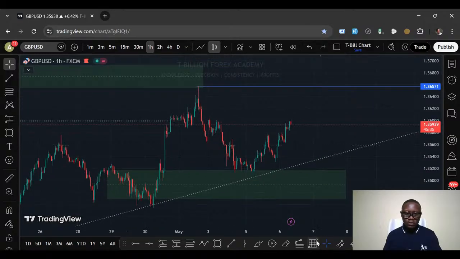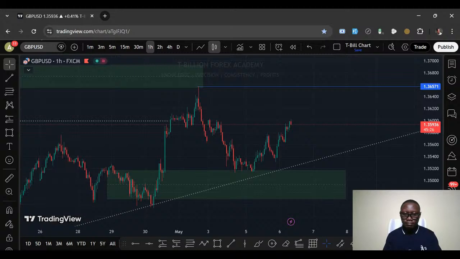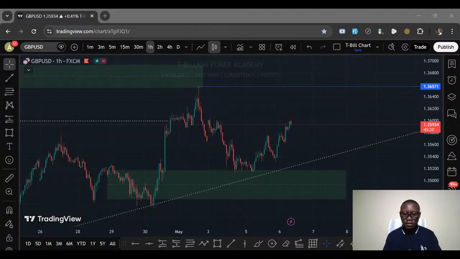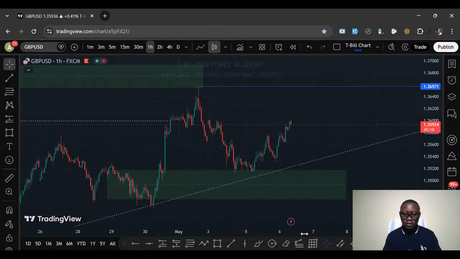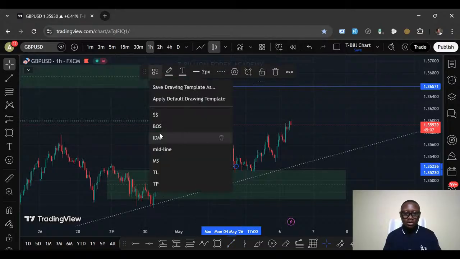So what do we have on the 1H time frame? Okay, so we have this break of structure to the downside. We have this break of structure to the downside,